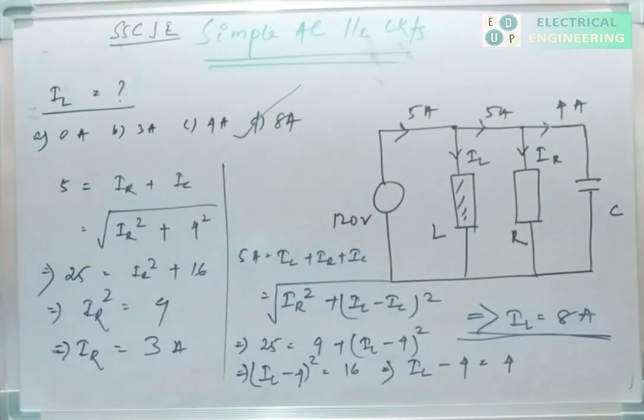There is nothing in this question, we just have to do some vector sums and nothing else. This is the basic of simple series and parallel circuits. We are doing very limited questions because this is a technical subject. In non-technical subjects, like in banking or some other exams, the concepts are very few, but the variety of questions is more.